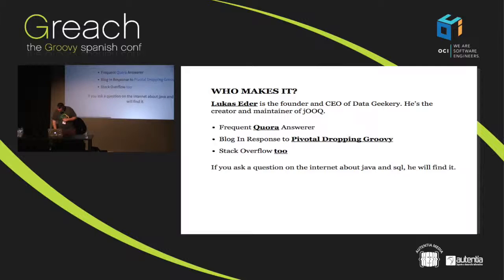I bring up this blog post because he wrote this about Pivotal dropping Ruby last year. If you're interested in looking at it, it was a little bit controversial. He has really specific opinions about supporting open source and how